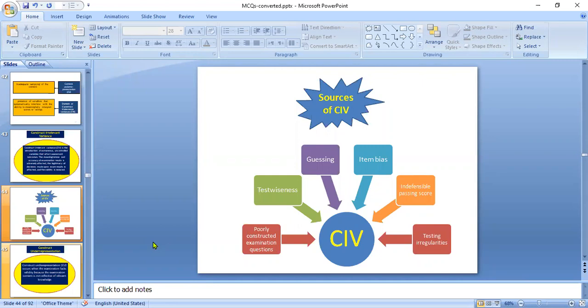तो अगर हम यहाँ पर देखें, that is the construct irrelevance variance के जो sources हैं वो क्या क्या हैं। तो पहला, poorly constructed examination questions, इसका मतलब है कि अगर इस examination में मुख्तलिफ questions हैं, and there is a lot of questions they have some flawed items या flawed questions, तो उससे वहां पर misleading होगी, confusion create होगा, और ज्यादा difficulty create होगी students के लिए to pick the correct answer. तो अगर even the student may have the mastery of that domain, जिस domain को उन्होंने सही तरीके से भी पढ़ा होगा, लेकिन इस गलती की वजह से उसके लिए भी मुश्किल हो जाएगा